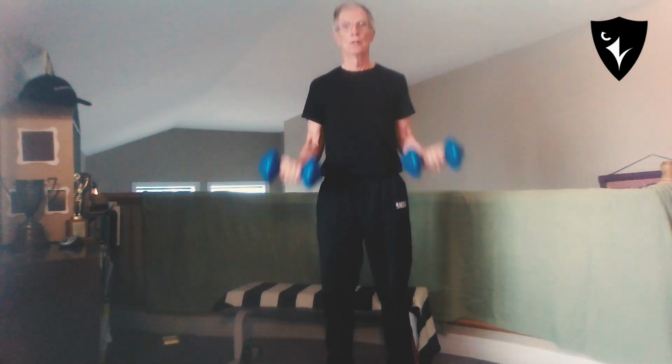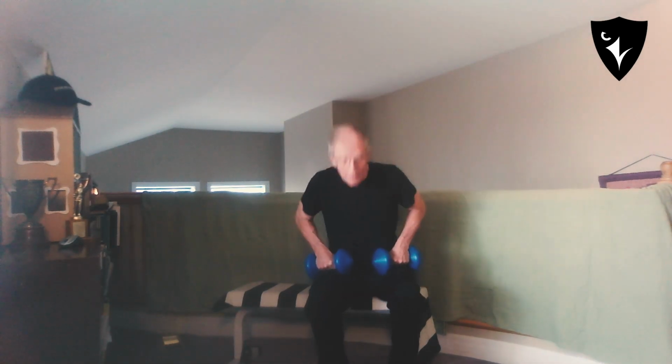Now let's put a weight in each hand, and we're going to do biceps and shoulders, and we'll do some more chest. You can be sitting in a chair. You can be standing for these. I really like it at Carleton to sit on the ball because it's unstable and it makes our core work. I'm going to sit on the weights bench for this next part, but I'm already supporting the weight, resisting gravity,